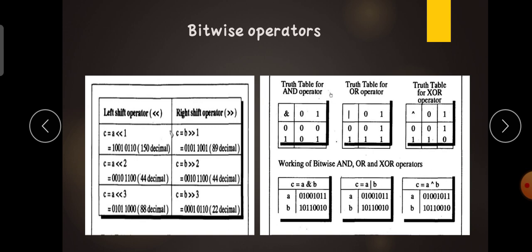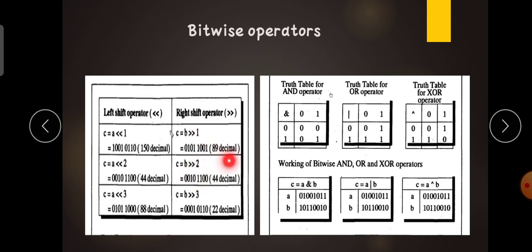If I give any decimal number, it is changed into binary and left shifted, after that the binary number is changed back into a decimal number. This all happens in the left shift and right shift. Simply said, left shift multiplies by 2 and right shift divides by 2.